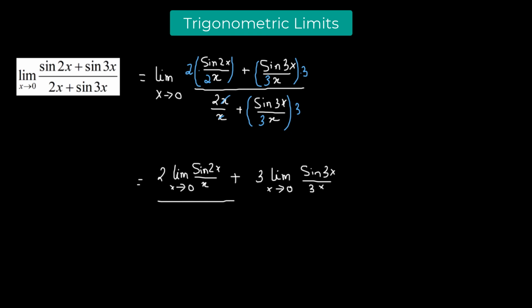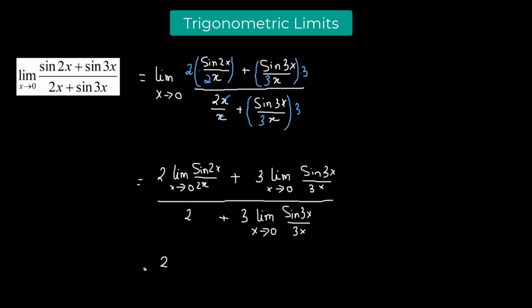So the limit x tending to 0 for 2 will remain as 2, being a constant, plus 3 times the limit of x tending to 0, sine 3x over 3x. So as per our definition,